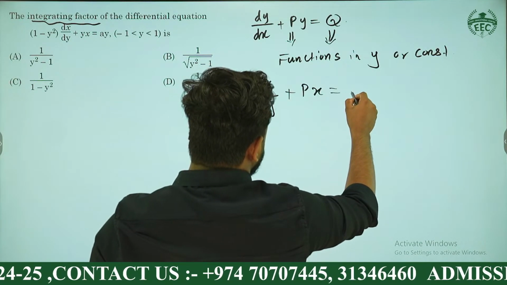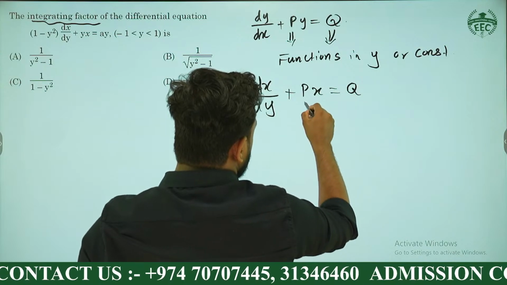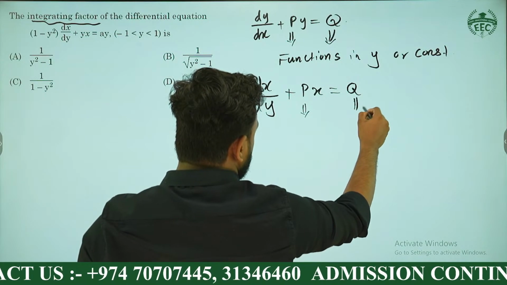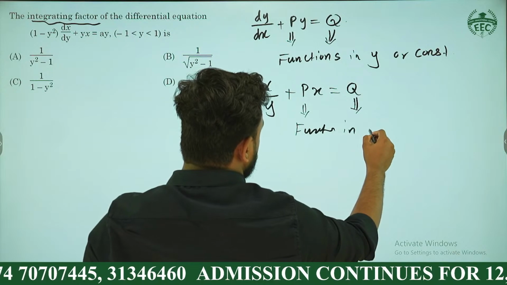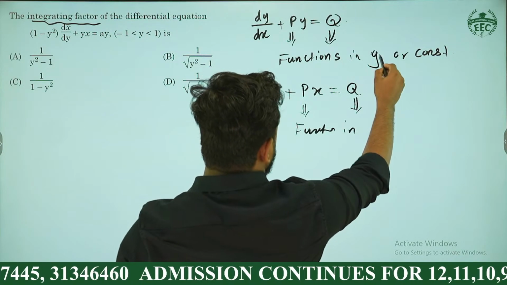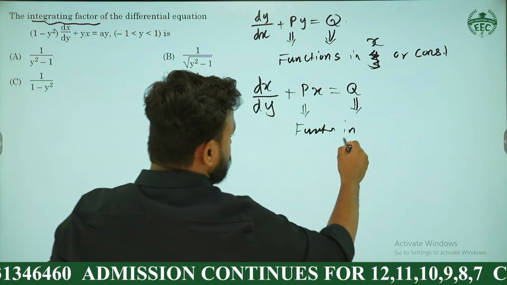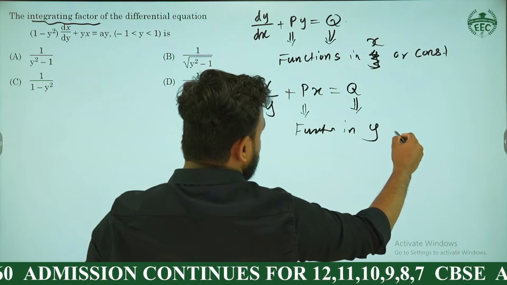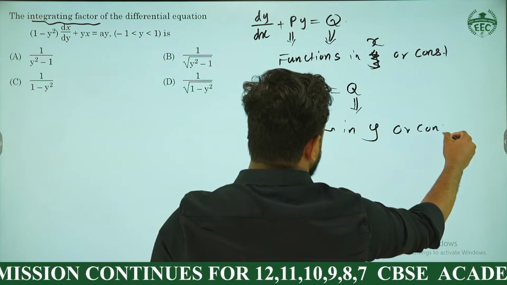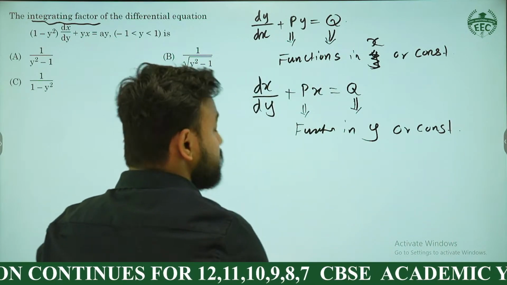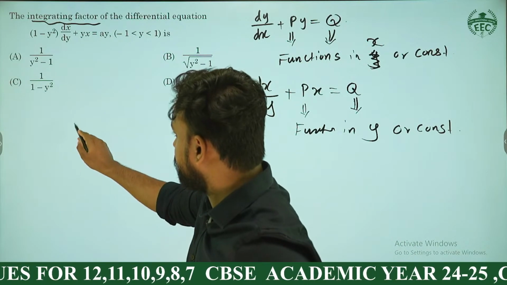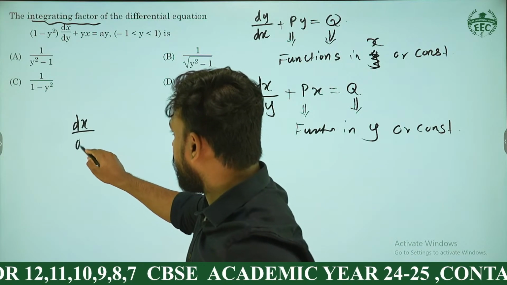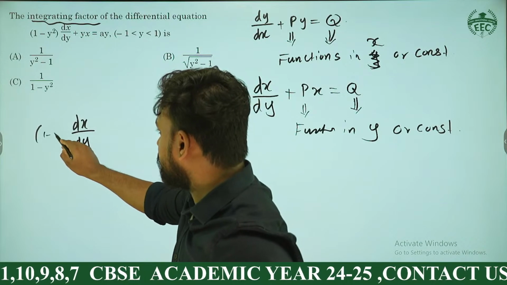This one is dx/dy + Px = Q. Here P and Q are functions in y or constants. I think you get it. So I'm going to give you an example with this question, like here (1 - y²) dx/dy